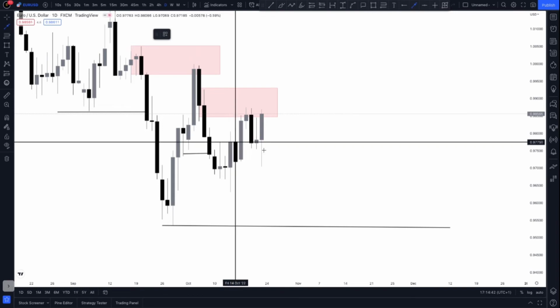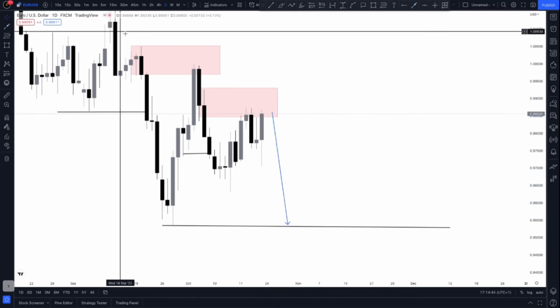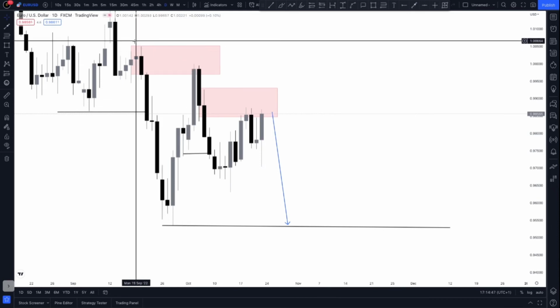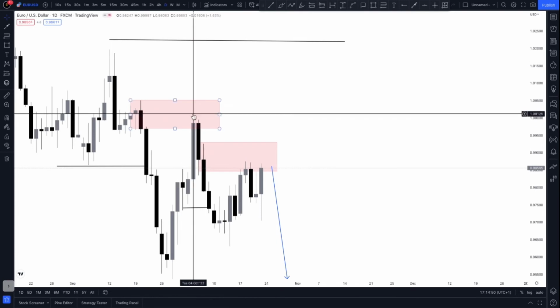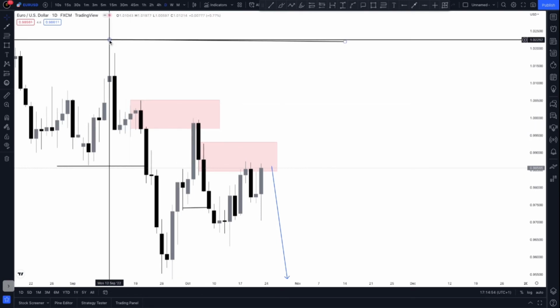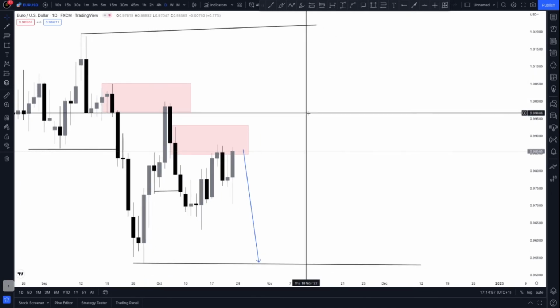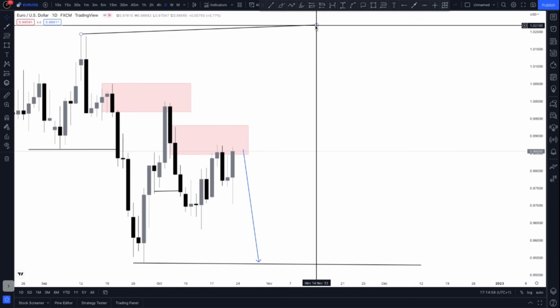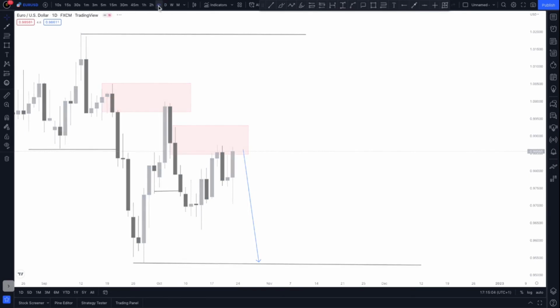So on the daily time frame, we are still quite bearish on this pair because we are still currently below a supply zone, and we are still currently below this high at this level here. So until the market takes out any of this supply zone, then we can expect to go bullish. But for now, we are still very bearish. On the 4 hour time frame,